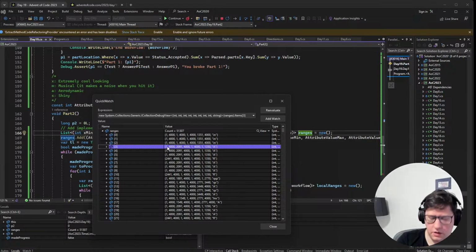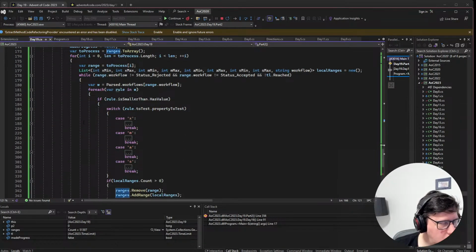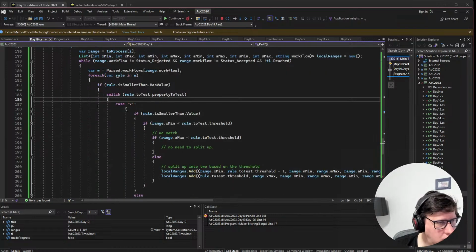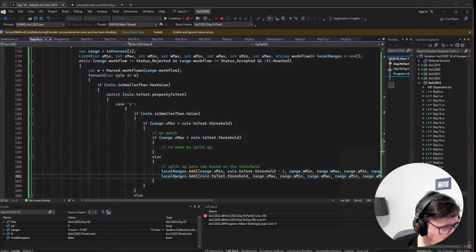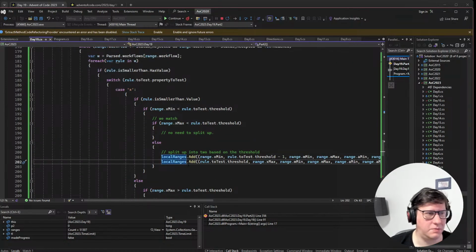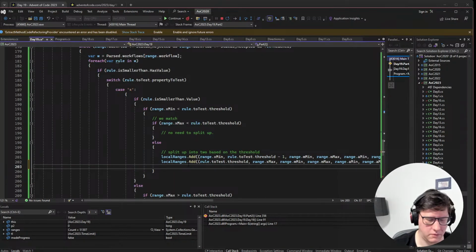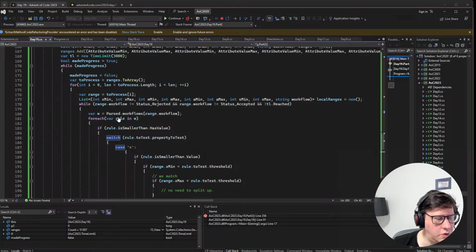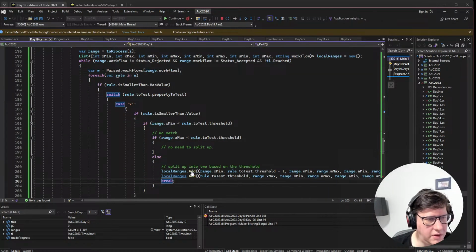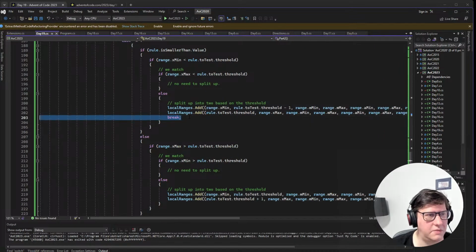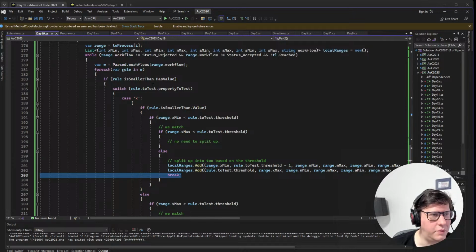I'm making an error here because... let me think. Is it true that I'm making an error? Yes, because I should stop processing here. I should break out of the rules because we've done something and we need to iterate. So let me just make sure that we break out of the